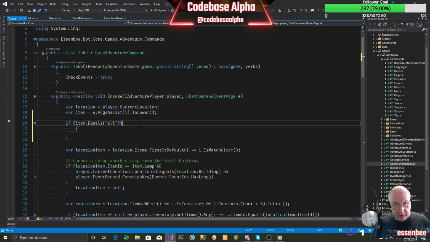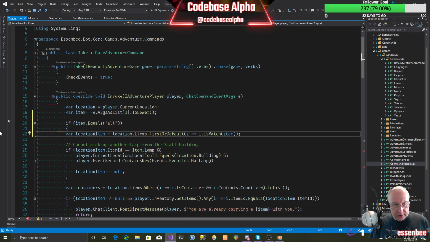So then we can do something different in this case. What we could do, in fact, is just reverse that logic. So if it isn't equal to all,